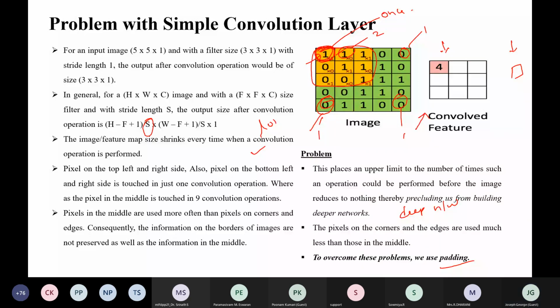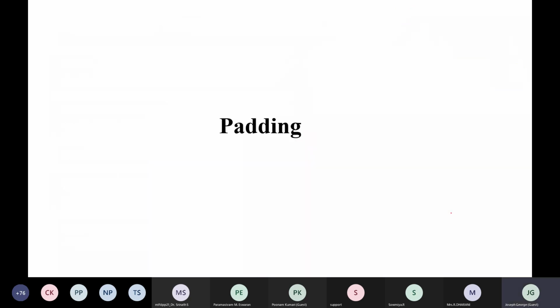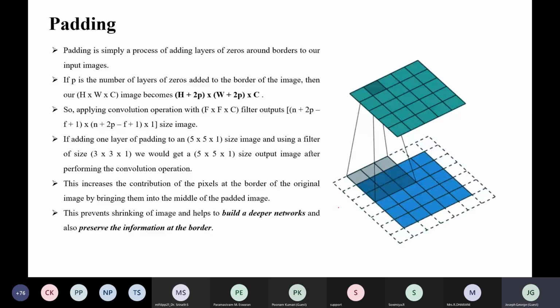So what is padding? Padding is nothing but adding layers of zeros. This is our original image. In order to retain valuable information at the edges, and in order to increase the depth of the convolution neural network, we are adding padding layers. Padding means adding zeros around the image.